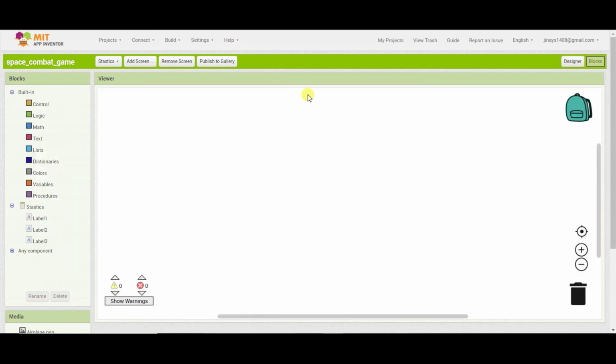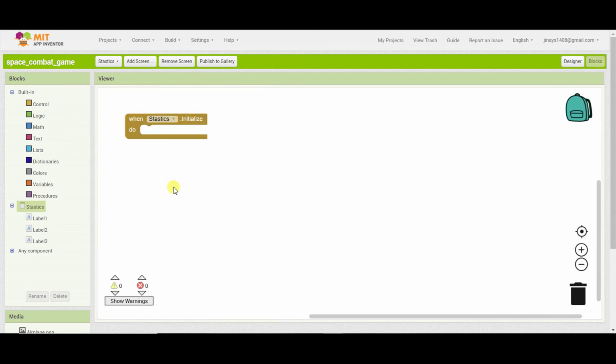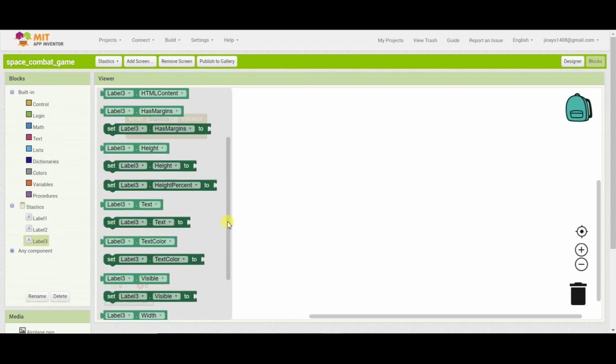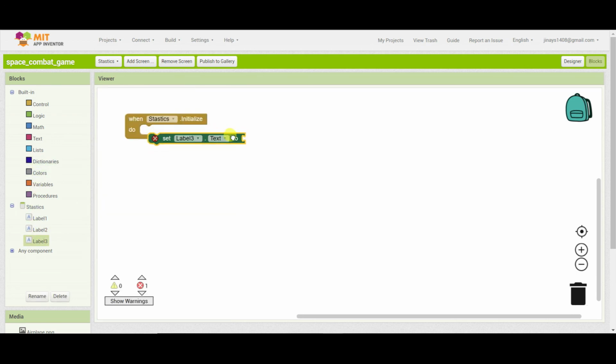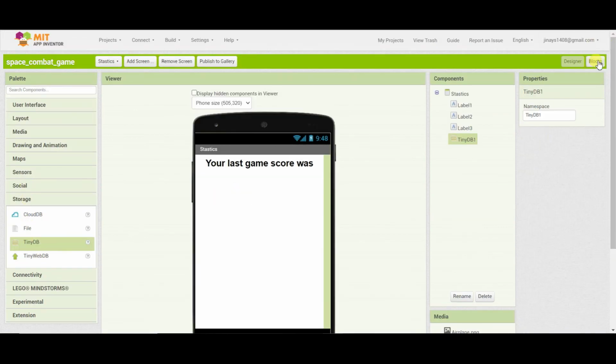So basically, whenever the screen is initialized, we have to set label 3 dot text to call tinydb. So I'll just bring one tinydb here.